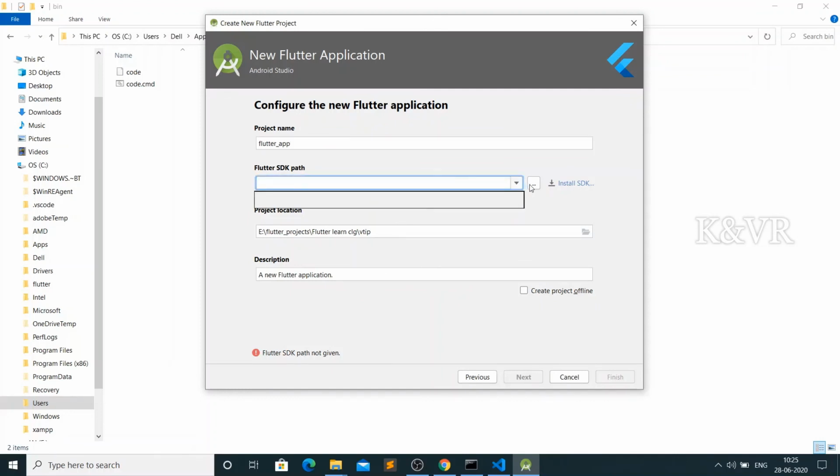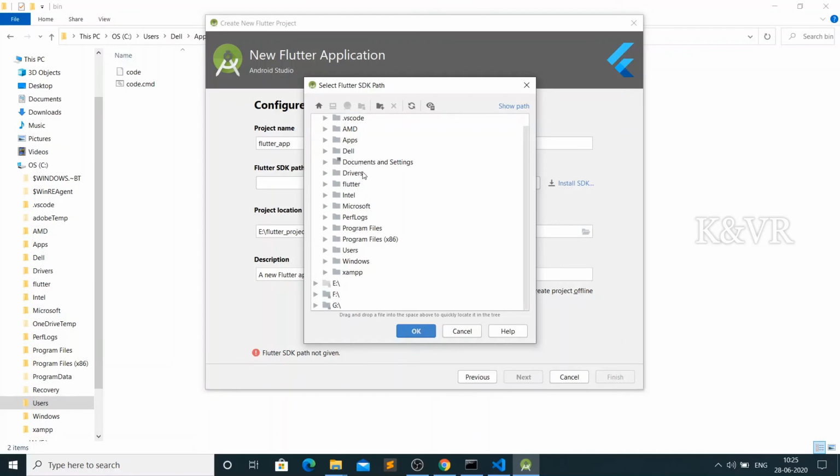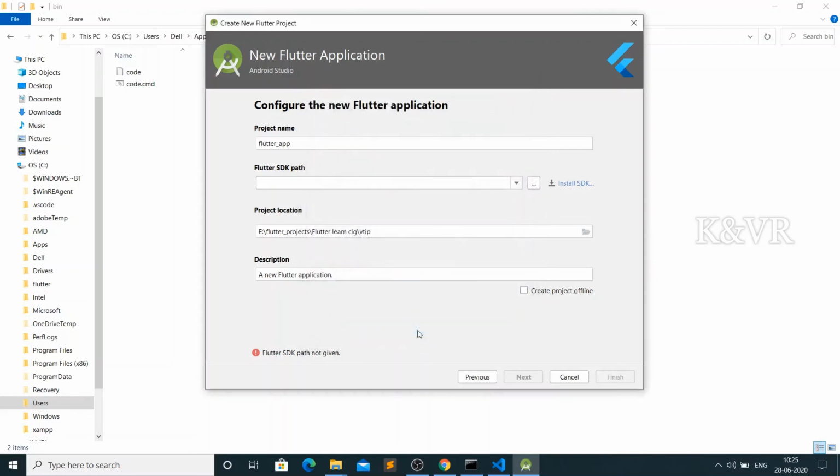Click on that, go to where your Flutter SDK is in the C drive, and here is the Flutter folder with the bin. Click on that, okay, and click the finish button. I have some problem, but you can create it. Click finish, and the Flutter project will come.